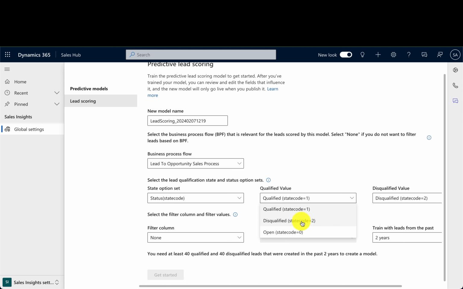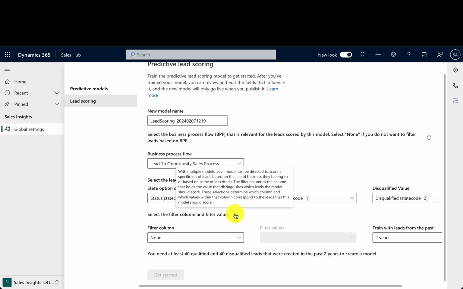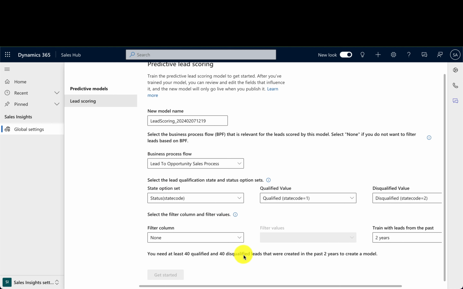And then it's just telling you what they are. So assume that if you go into a solution and update the values in those fields, once you publish it, you'll be able to see those in here as well. Select filter column and filter values. Okay, interesting. So that just gives you a sense of being able to train your own lead scoring model. So that's really interesting and would be really helpful.